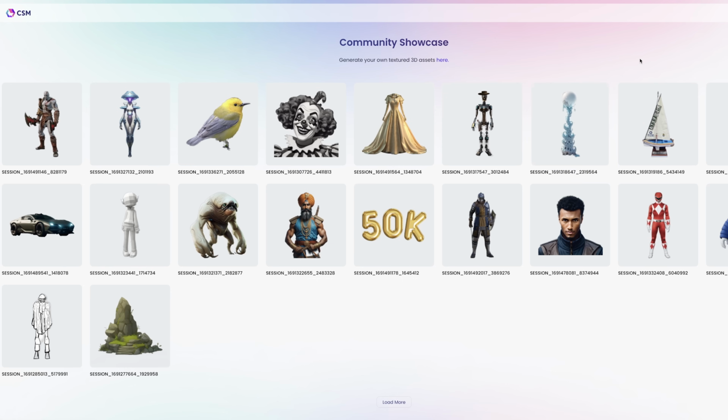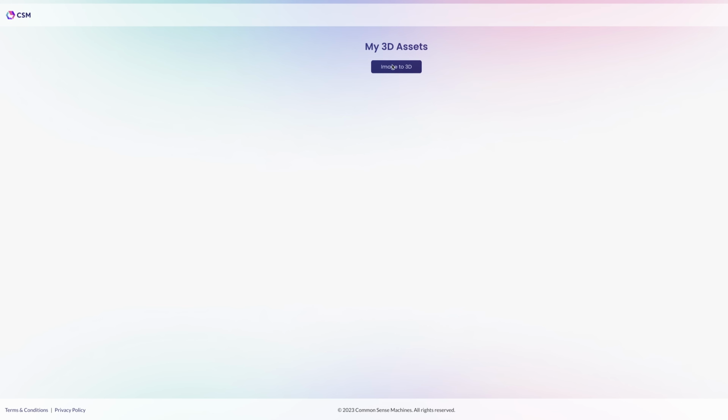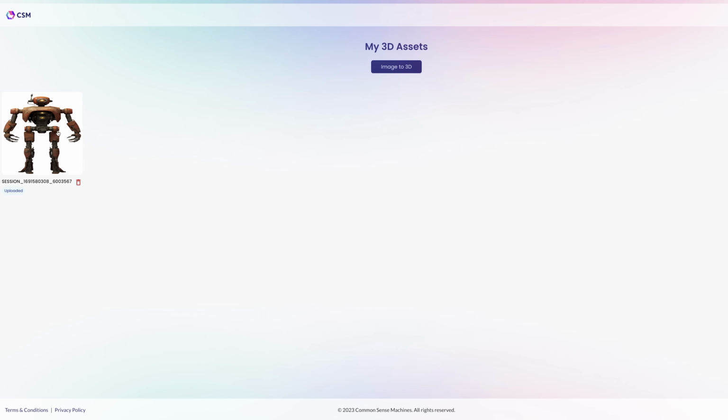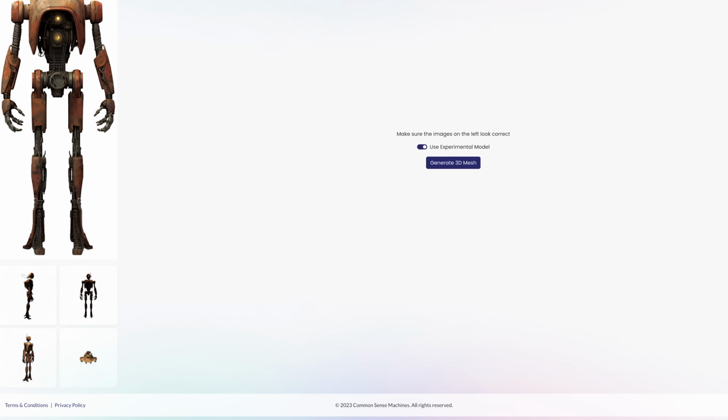So we're going to go ahead and log in. And then once logged in, you can press the Image to 3D button. And I'm going to drag in my robot image. You can then click on the image, scroll down, and it gives you a preview of how it thinks the 3D model will turn out. And this is just a quick preview and doesn't exactly match what you might get, but it gives you a